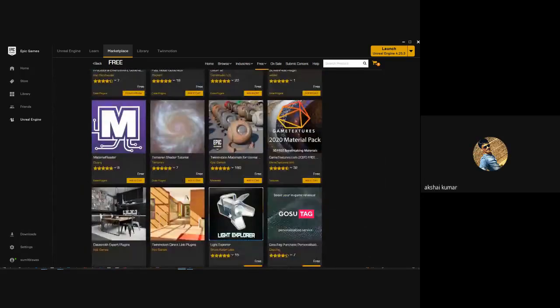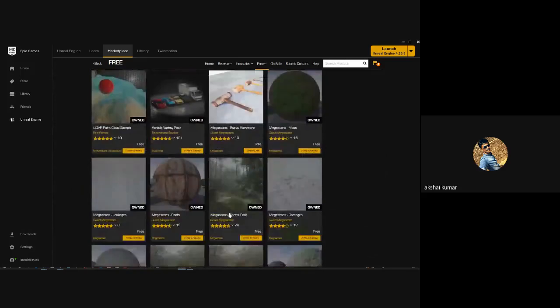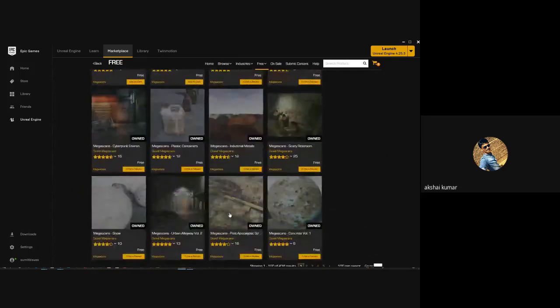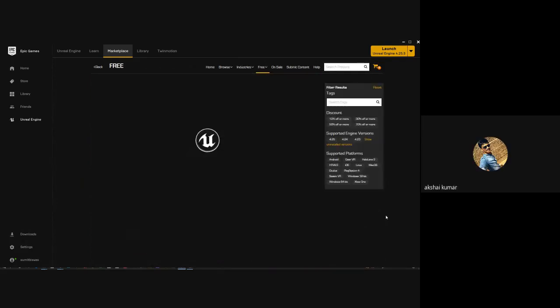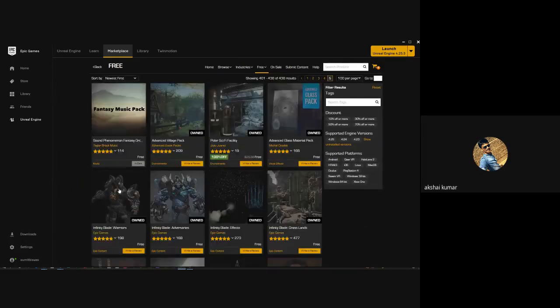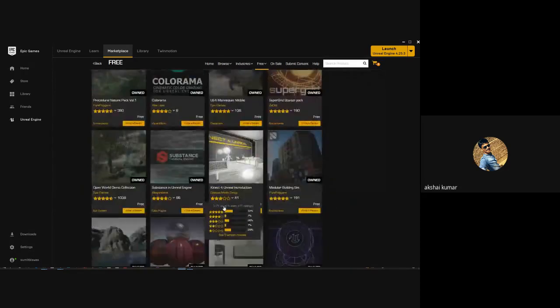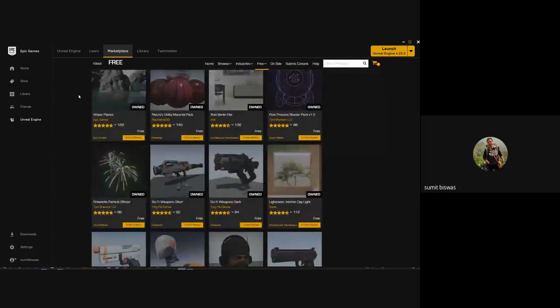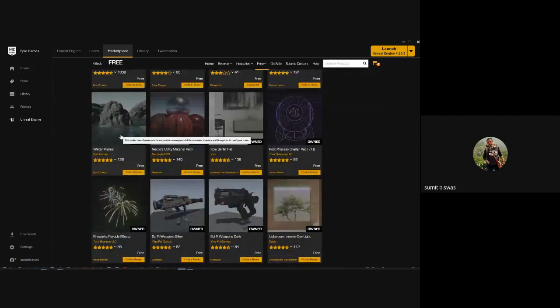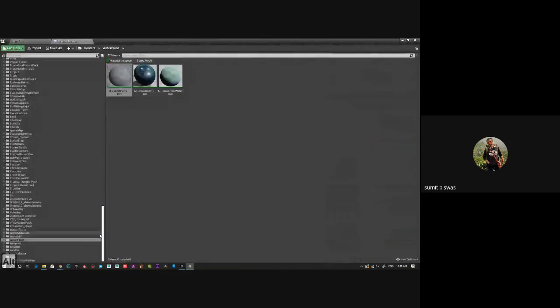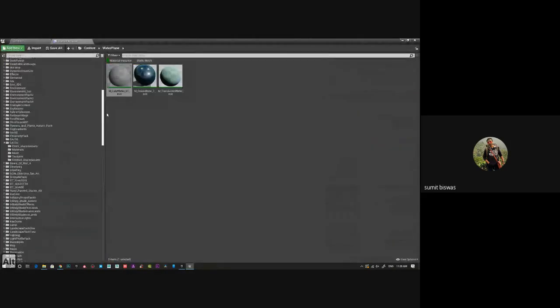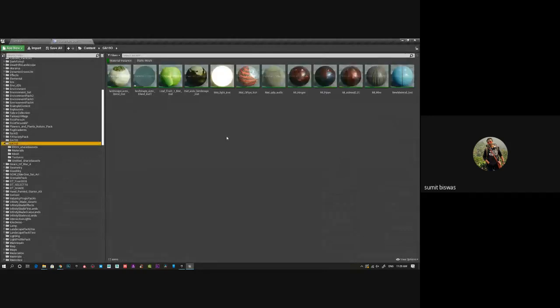Sir, if we want to make that water material, we can make it manually, no, sir? Yes, of course, we can make a material, just adding roughness and then normal like that. Like you see, this is a water material. This is already a preset, so I've just used it, but I can show how to create it. It's again not very complicated. You can make it complicated. The material is totally up to you, how complicated you want to make it.